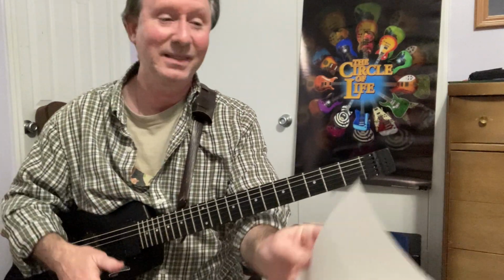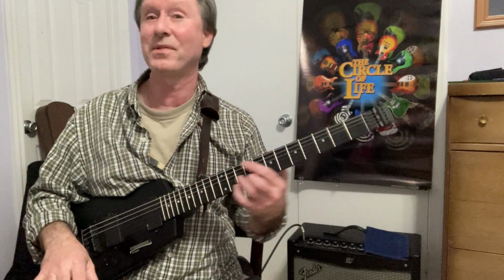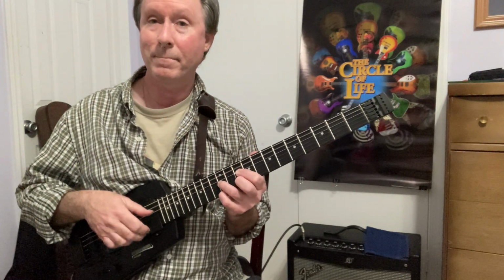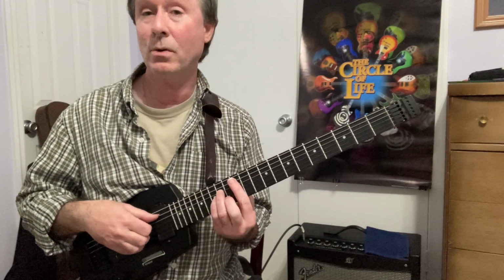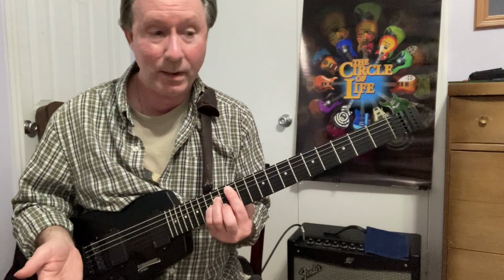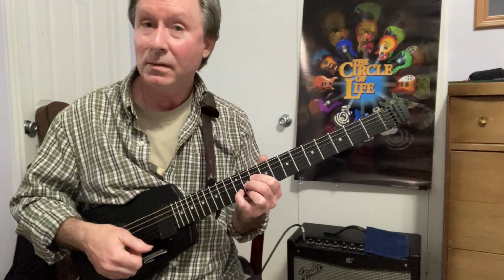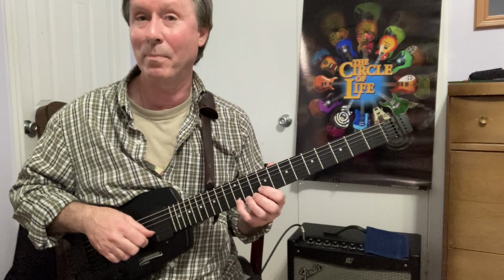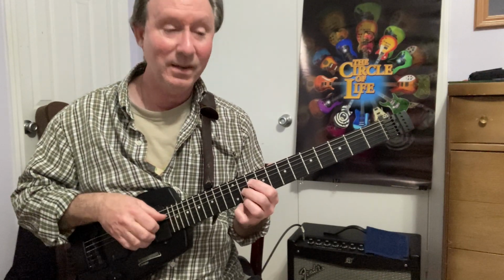Then you could do the opposite. You could descend. So you'd want to have your soprano pitch starting fairly high so you have room to come down. The first chord he uses is this A minor with an E on top. So that's our starting pitch. Now you could have played A minor like this. Little A minor bar chord, that's fine. But he uses a jazzier voicing. Then for D7, he puts the flat 9 so that you get a half step. Okay. A minor, D7,